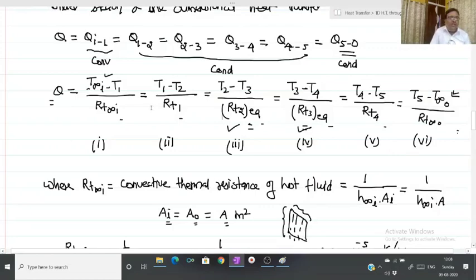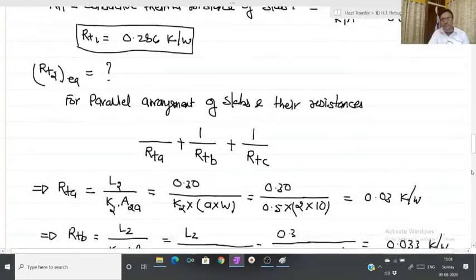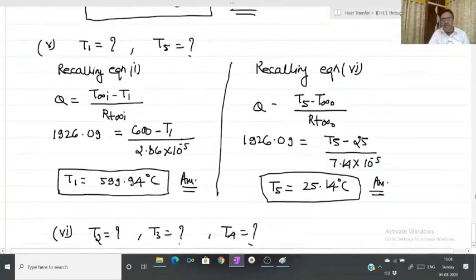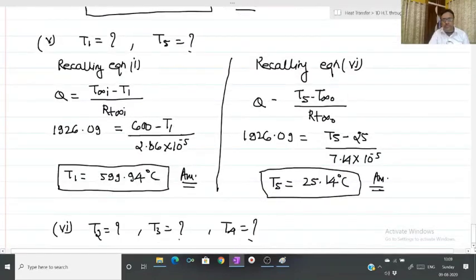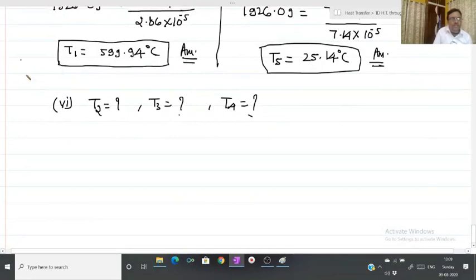So that is the advantage of these equations. Writing equations in this form is going to help you to find out the individual temperatures of the slab. That is why I told you to always write down the equation number of equations representing rate of heat transfer. Now let us solve one by one. So first, recalling equation 2.